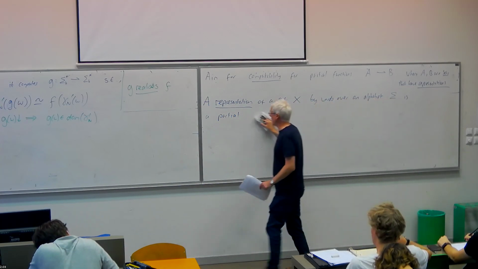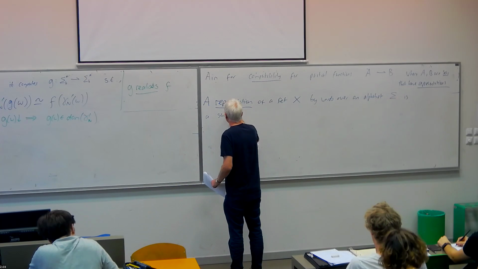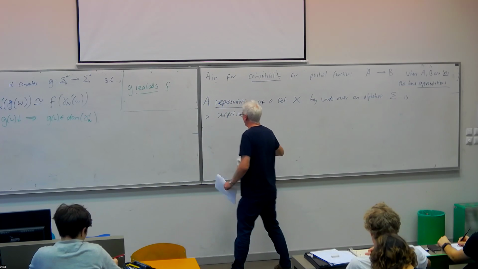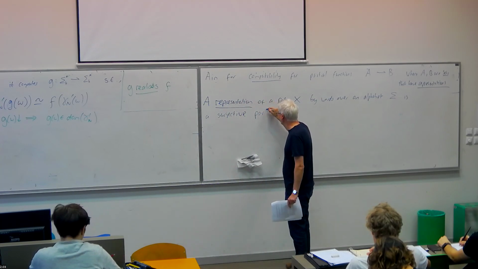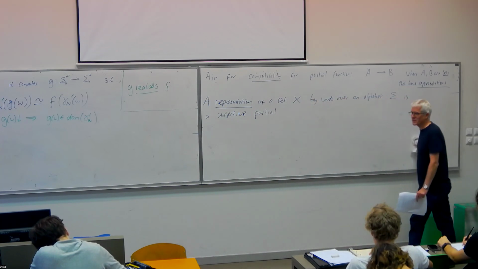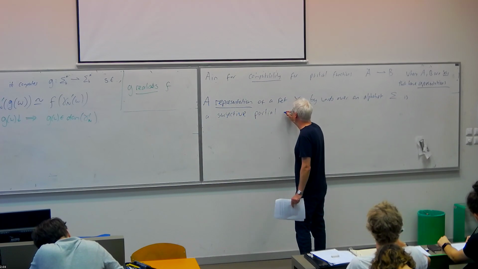Sorry, it's okay to say partial surjective function, but for some reason the adjectives are better in the other order. There's always this funny thing in English that adjectives tend to go in some sort of natural order. So anyway, it's a surjective partial function